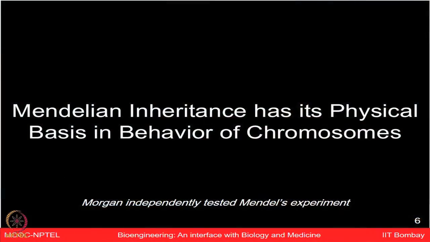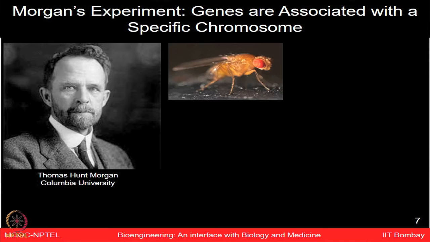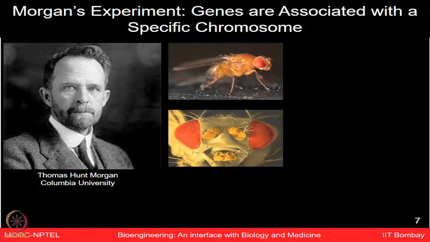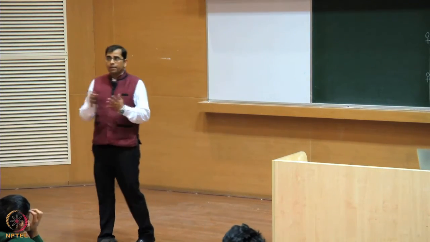And this is an area where I must say another scientist who made a huge contribution is Dr. Morgan, who studied Mendelian inheritance and its physical basis at the chromosomal level. This is the scientist we are talking about, Thomas Hunt Morgan, Columbia University, and he selected a model system which is Drosophila, or the fruit fly. So far we have been talking mainly about pea plants, but at some point I had mentioned to you that many people like to work on Drosophila